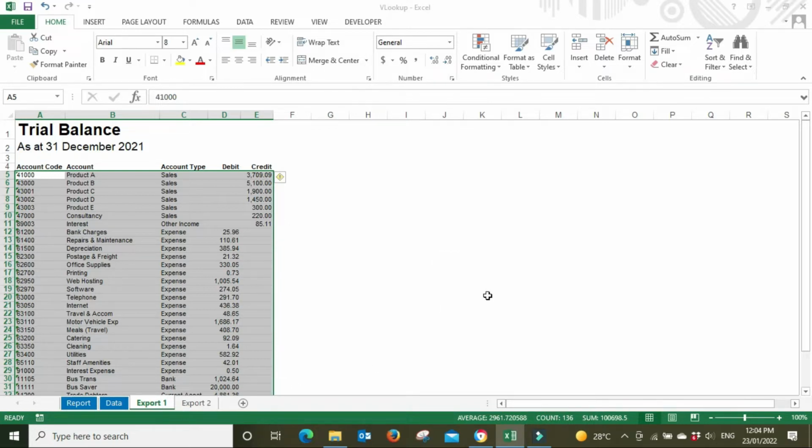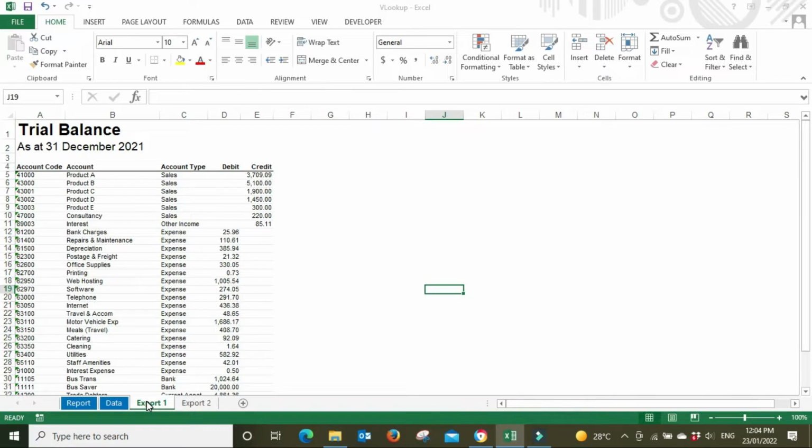So what you would do, you'd run your report in the system that you're using. For this one, I've used Xero, and I've exported the trial balance into Excel, and I've got it here, Export 1. This would normally come out as a separate tab in a separate workbook. But what I've done for the sake of this example is just to include it as a tab in this same workbook, which you could do as well, but it's not necessary. So what you would do, you would set up your report